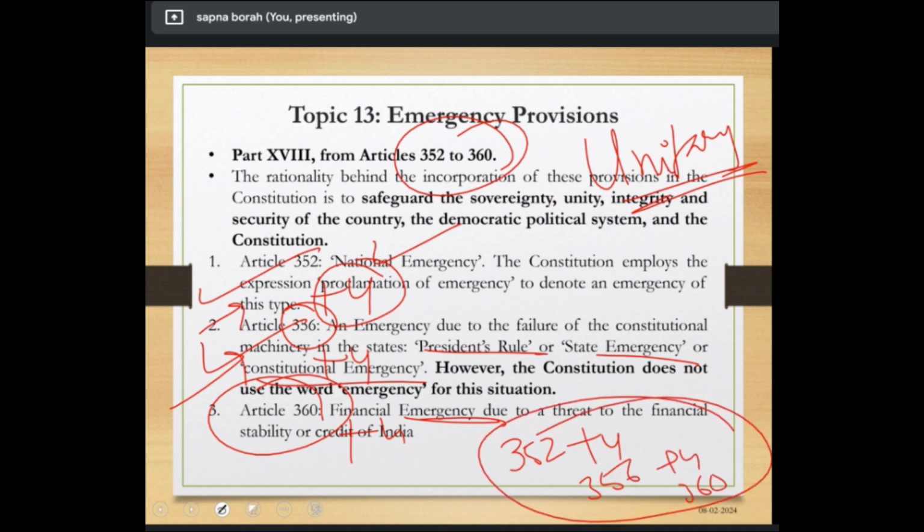Okay, these are the three types of emergency. We have national emergency, we have state emergency, and we have financial emergency. All three of these we will study separately, we will read it out. Okay,